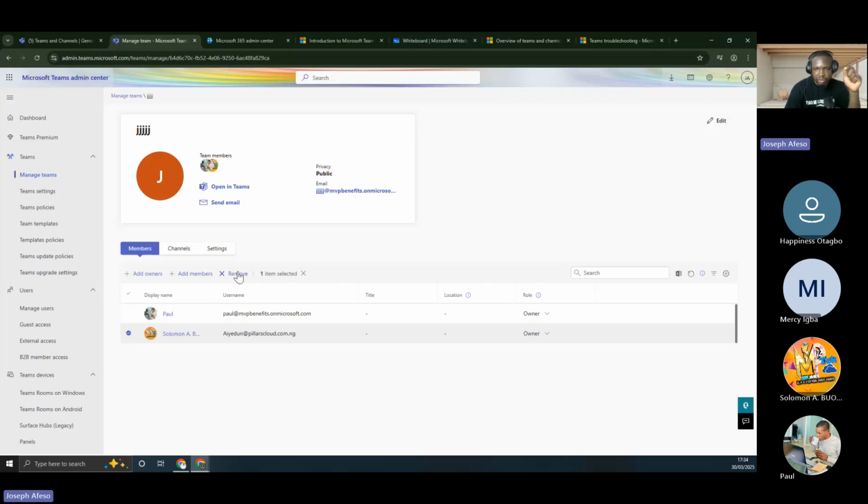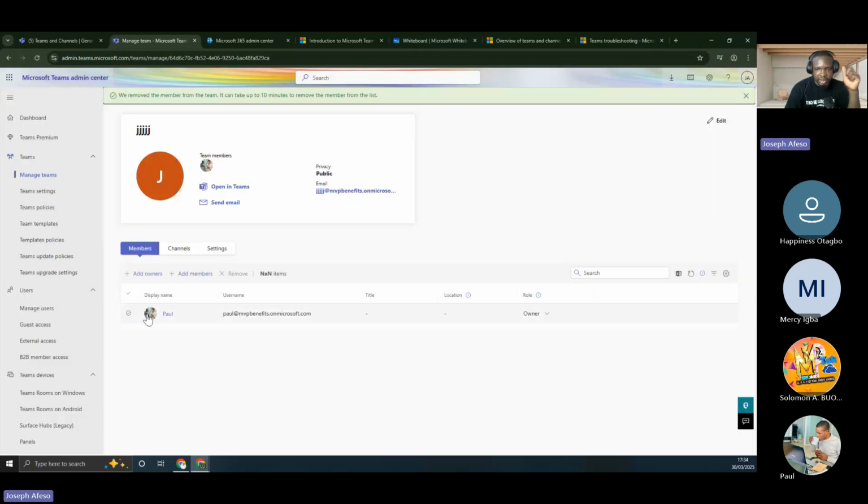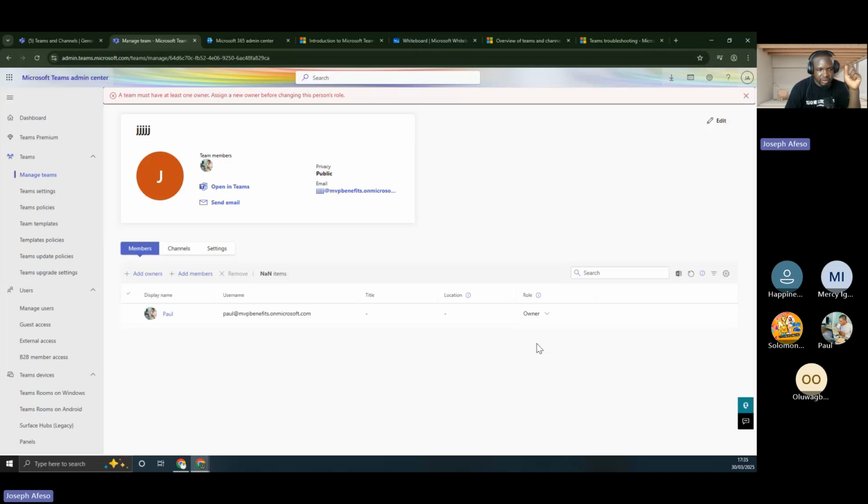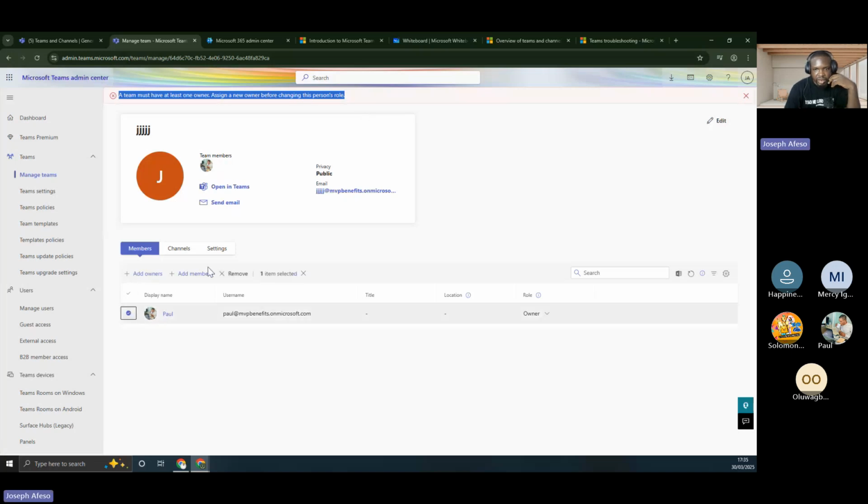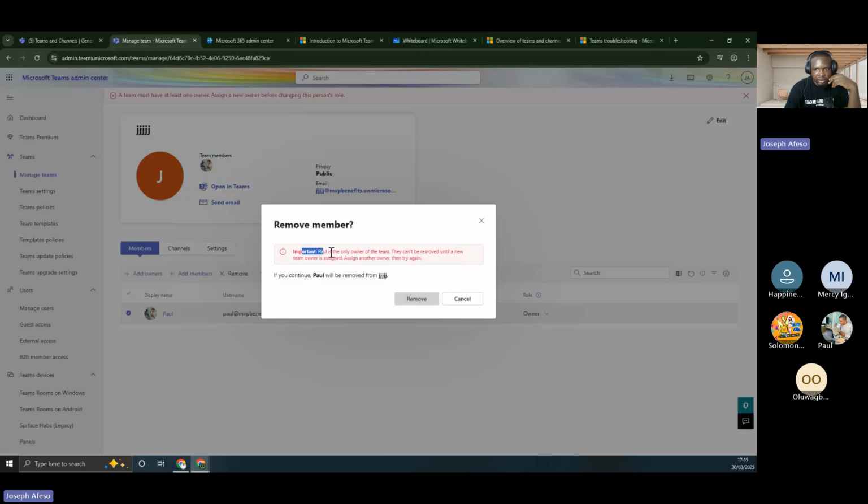If I remove Solomon, he's an owner, and because there's an owner standing by, I'll be able to remove him. Now the point is, I can no longer demote Paul to member, because at this point he's the only owner. Can you see this? He's the only owner of the team. And if I want to remove him, I will have that error that says Paul is the only owner of the team and can't be removed.